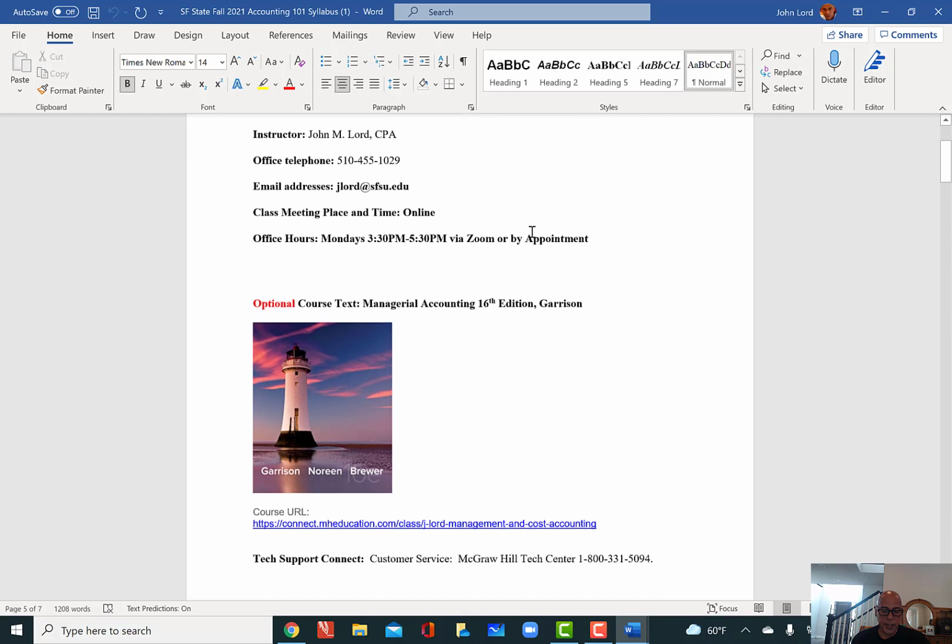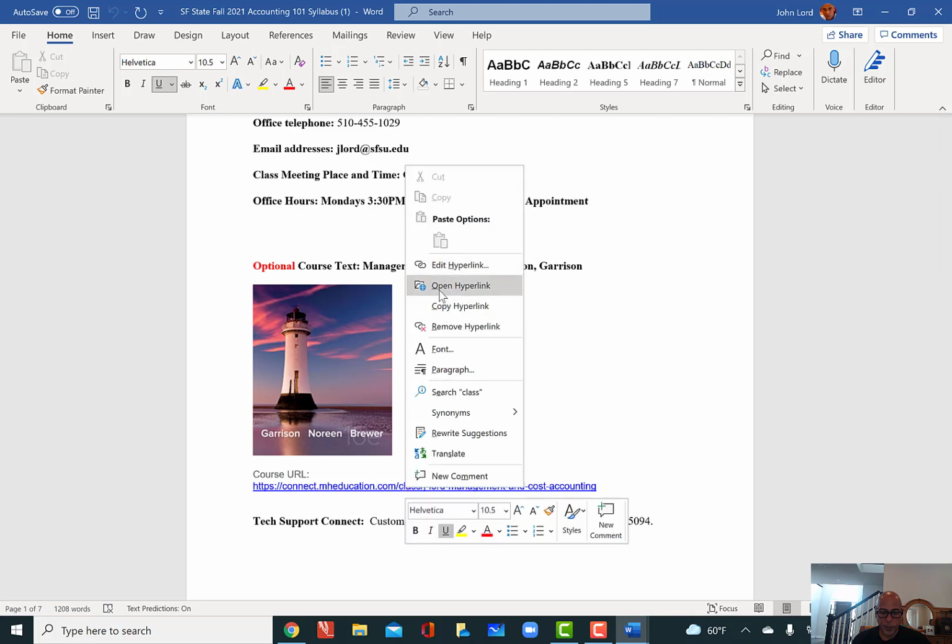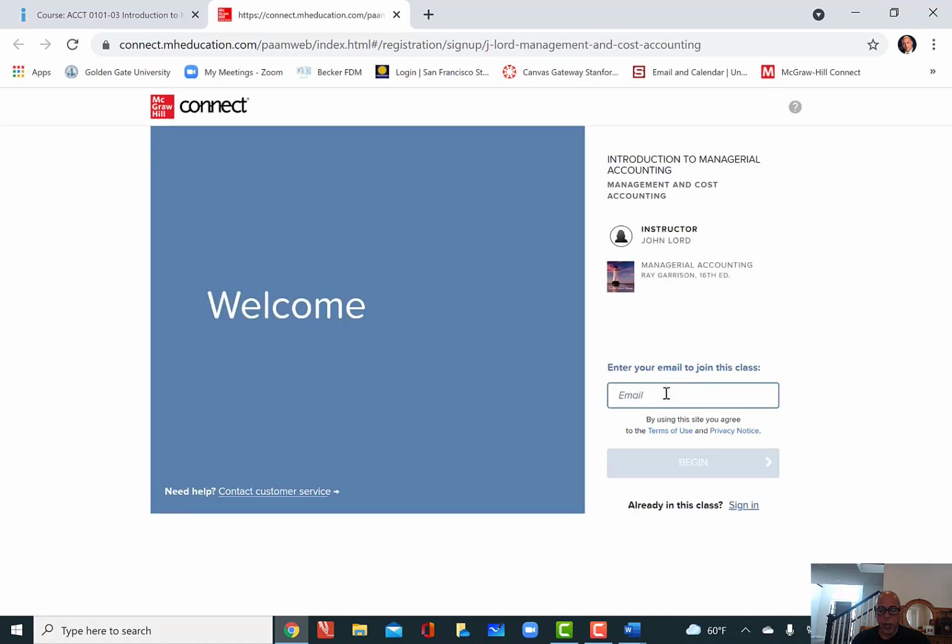Okay, you can see the textbook. The textbook is optional. You do not have to acquire it, okay? Now, when you follow that link, what it is going to do is take you to where you'll have to enter your email in there, okay? You put your email in there, and then they're going to give you a temporary trial period. I suggest you take advantage of that 2-week trial period. Put in your email, take advantage of the 2-week trial period, and then if you actually like the material, then